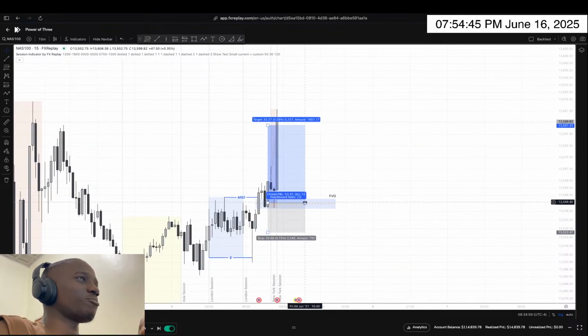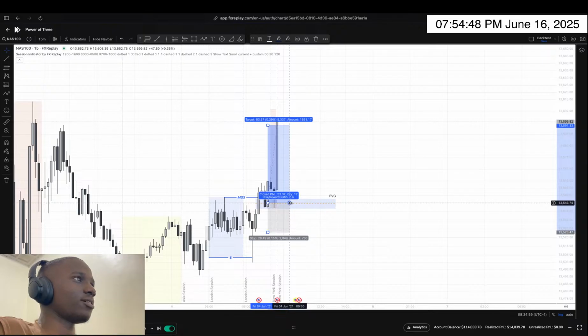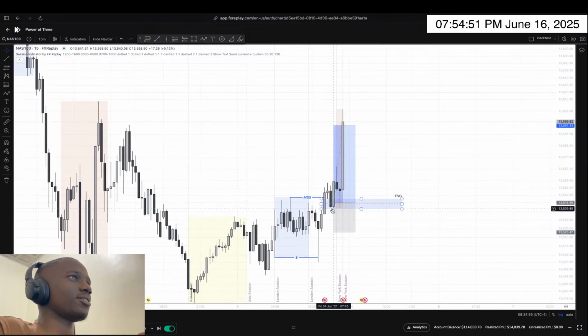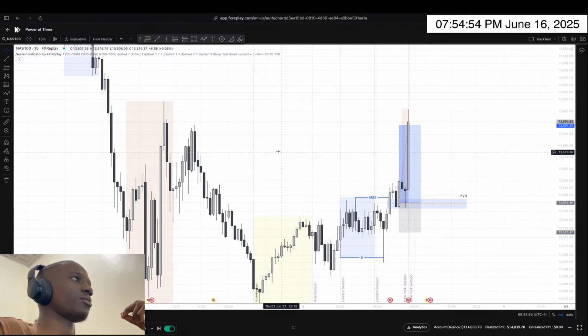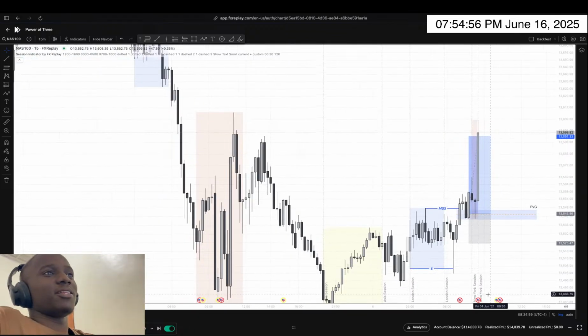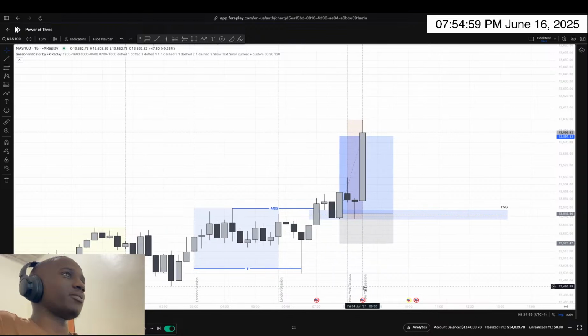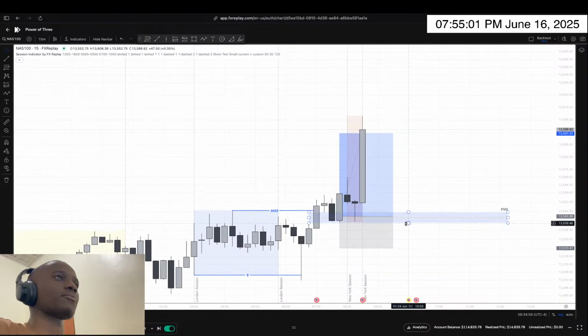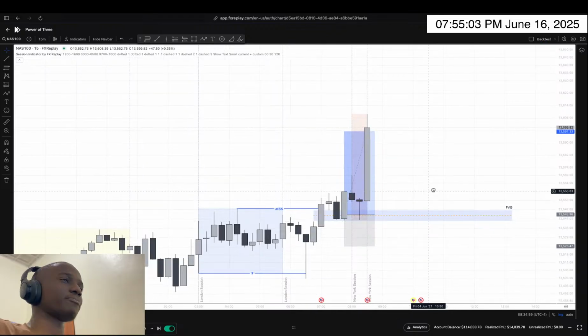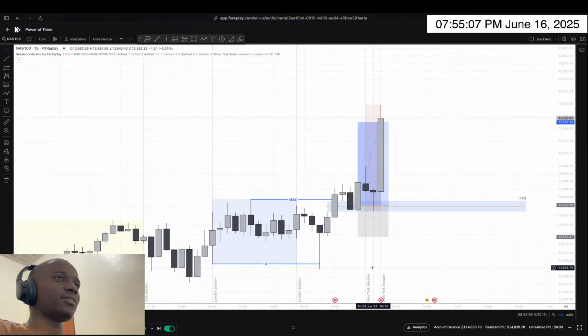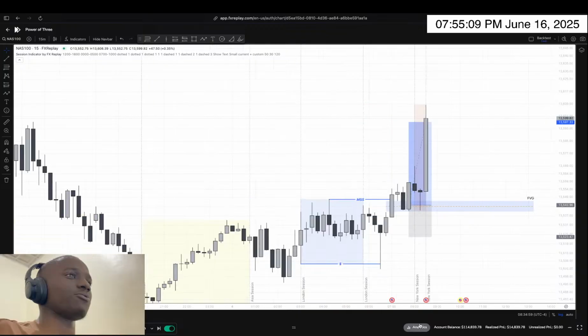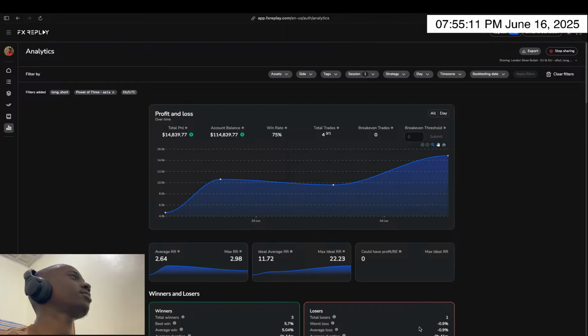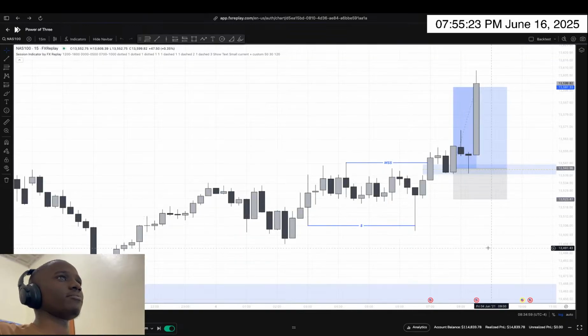But yeah, this is now proof that the technicals follow the fundamentals. You can see this extreme push to the upside, respecting the analysis. We didn't know it was NFP, but this is proof that technicals go with fundamentals. Really good up close candle, really good take profit. And so far, let's see how this session looks. 75% win rate, but it's because we took a few trades. So let's continue, seeing if we can get some plays on the day.